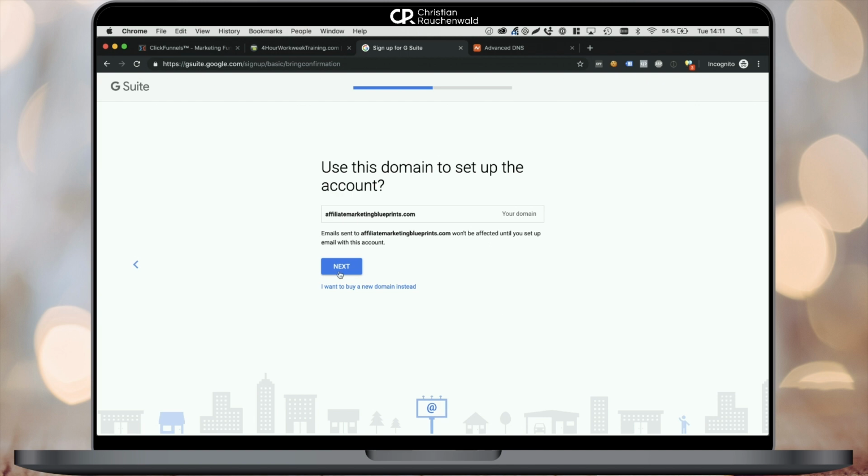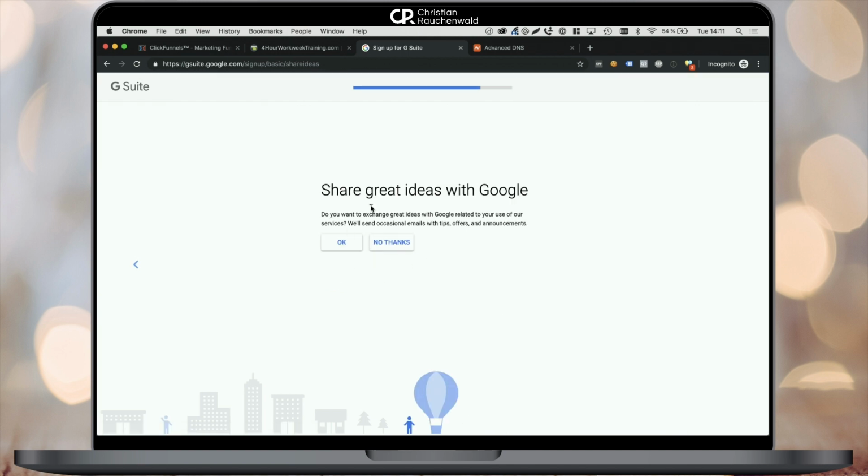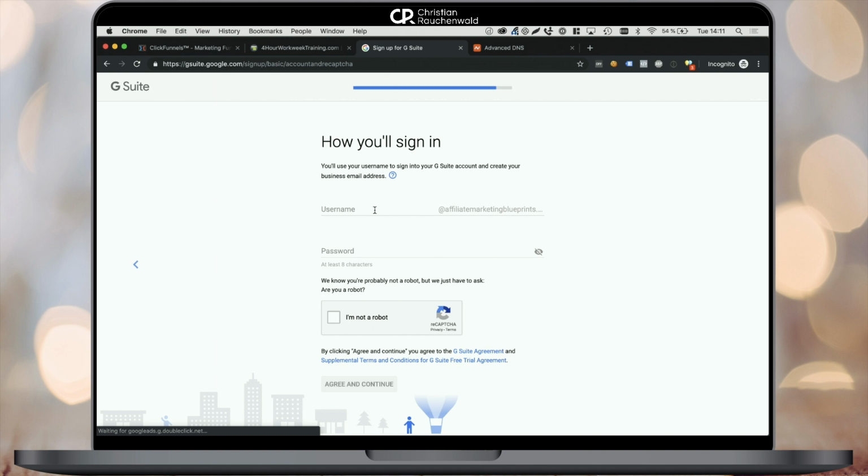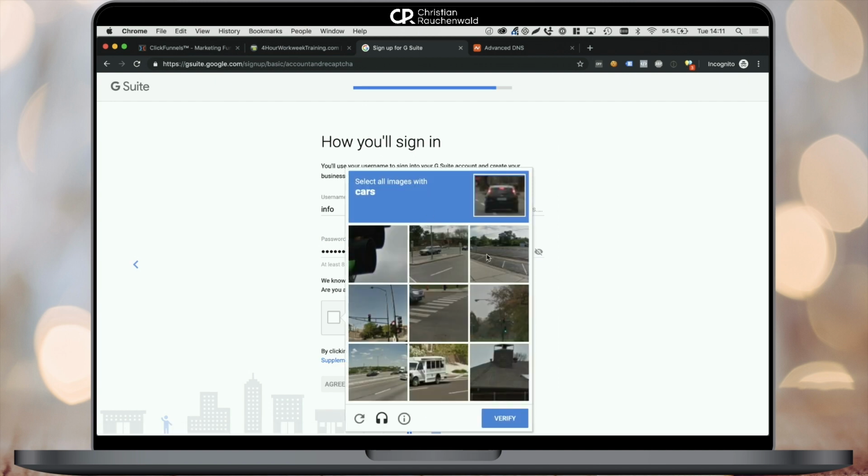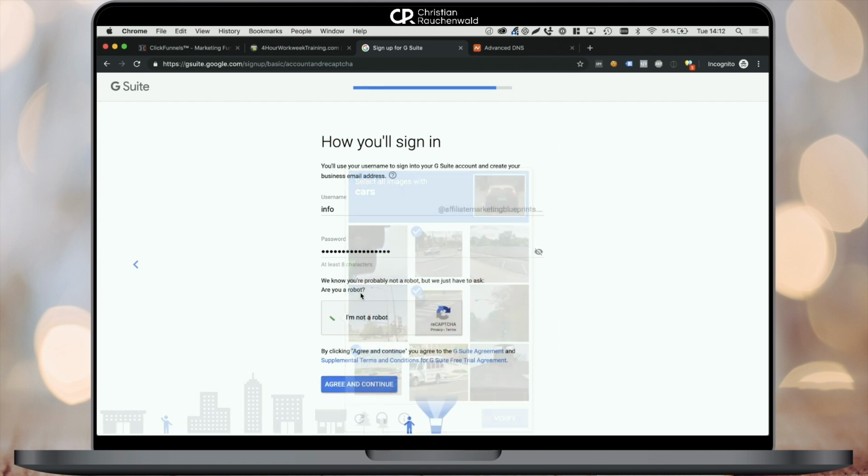Now you're going to be asked if you want to get advertising, emails, tips and offers from them, which you can decline, and move on to the next step where you set up your first G Suite account, which basically will also become your admin account. So pick an email. In my case, I pick info@affiliatemarketingblueprints.com. I define the password, I fill out the captcha, and I say agree and continue to move on to